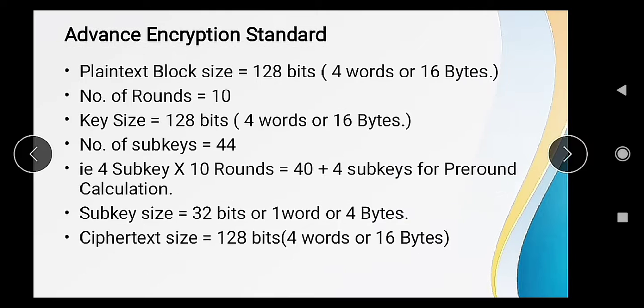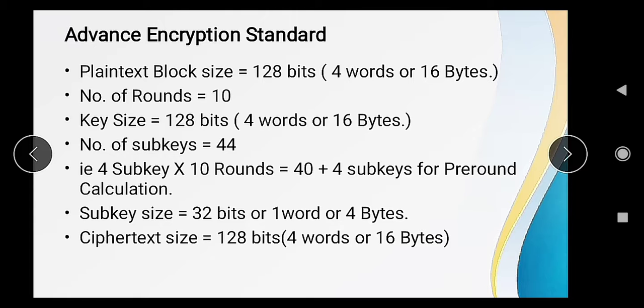The overview of this is given here. The plain text block size will be 128 bits, the number of rounds will be 10, and the key size is again 128 bits. The number of sub keys required is 44, and the breakdown of that 44 is 4 into 10 rounds, that is 40, plus 4 sub keys for the pre-round calculation, so that is equal to 44.